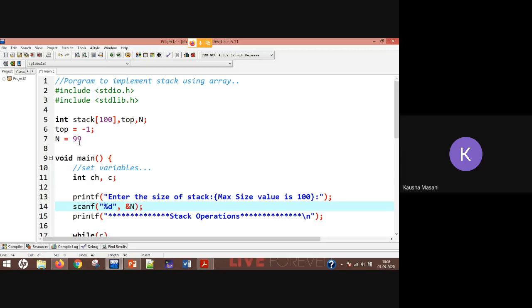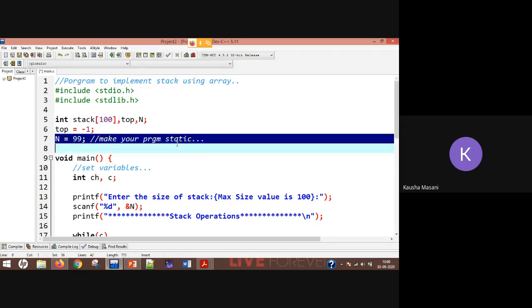Like this. So either you can mention it here globally, but by doing this it is going to make your program static. This will make the nature of your program static.